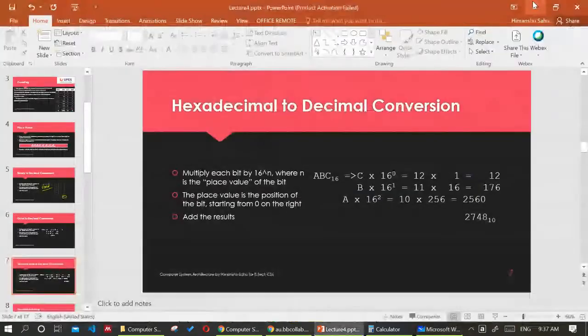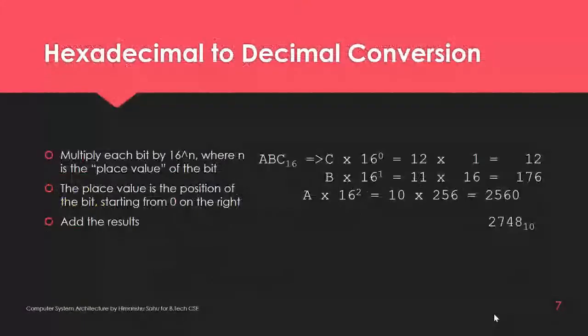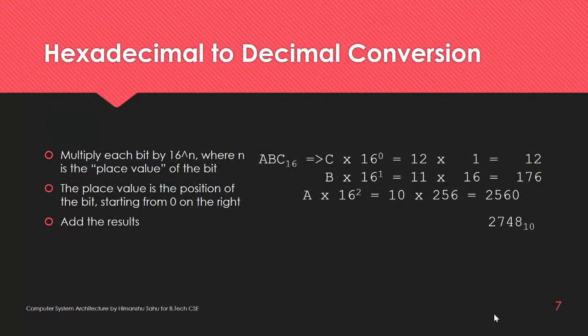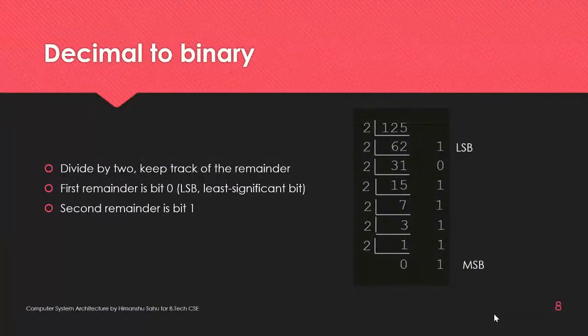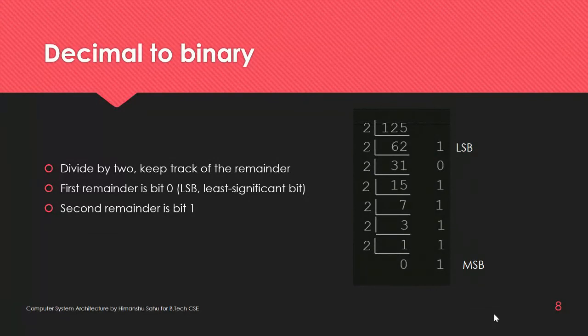Because this is the very basic thing. Not the number system itself, this is the interconversion from a different number system to decimal. This is easy. Now coming to how we convert decimal to binary. You already know this. So actually, taking decimal as a standard, we are counting the same thing in different bases. I have already told you what this is. This is nothing but taking a bucket out of a pond. So it is nothing but a division operation.